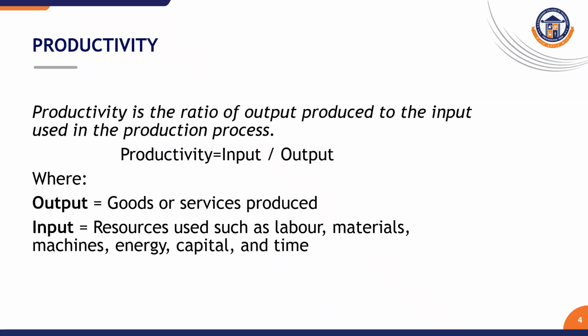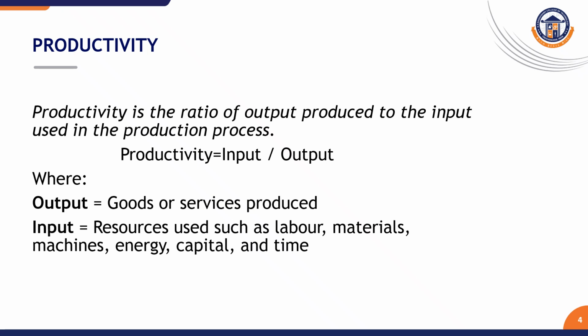But finally, the technical definition is that productivity is a ratio of output produced to the input used in the production process. So productivity equals output by input. Let us take 2000 shirts per day being produced. I mean, 2000 shirts output should be the numerator. The denominator must be input. So output is 2000 shirts. Like how many machines are working? Let us take 135 machines. So this is what it is.